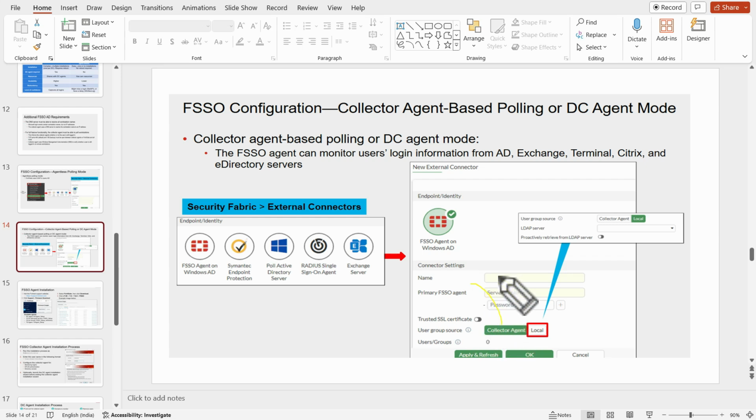In the collector agent mode, we can create filters on the collector itself. And in local mode, we can create the groups on the FortiGate using an LDAP server. For this, we need to set the collector agent to advanced mode. Otherwise, the collector agent does not recognize the group filter created by the FortiGate. So these are the differences.